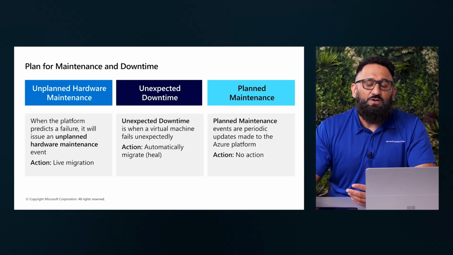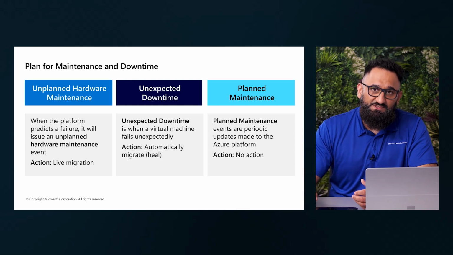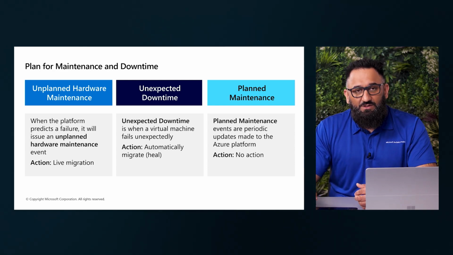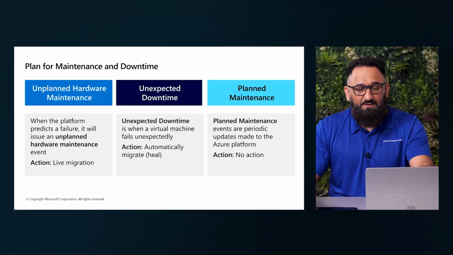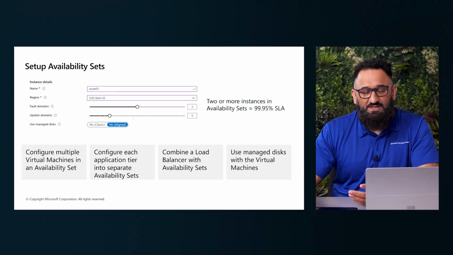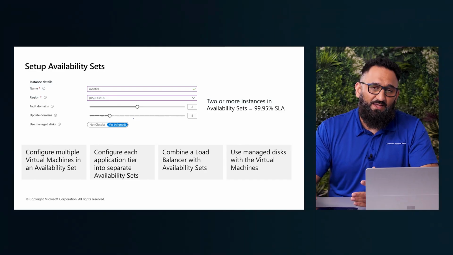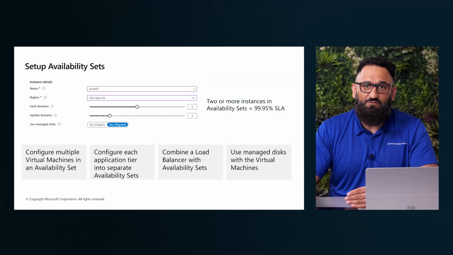We can pick from a couple of options to plan how we can overcome some of these issues. First of all, let's have a look at one of the options called availability sets. Availability sets typically look at creating my resources on multiple hardware, making it highly available for me.